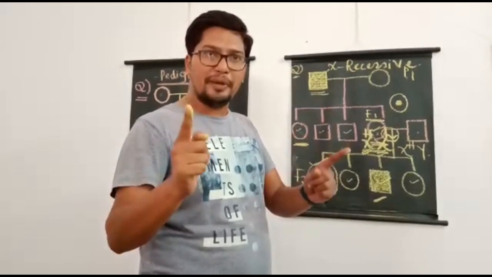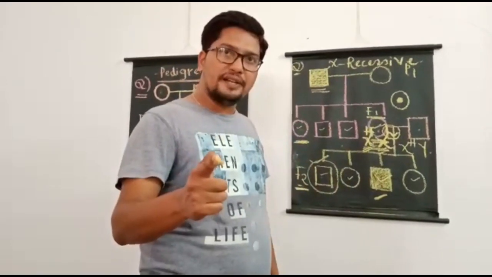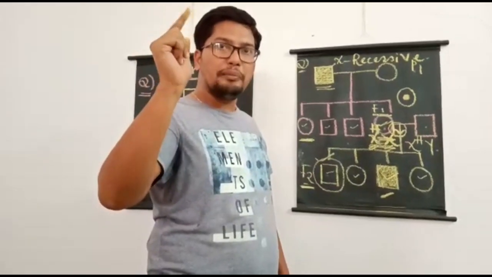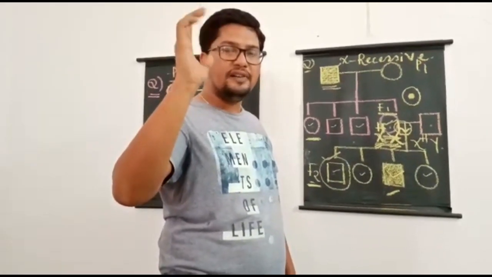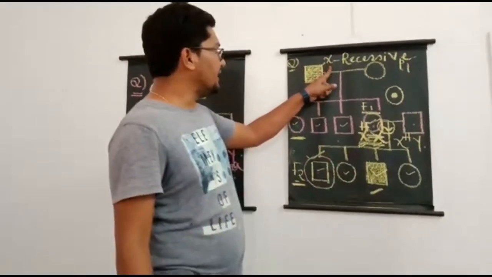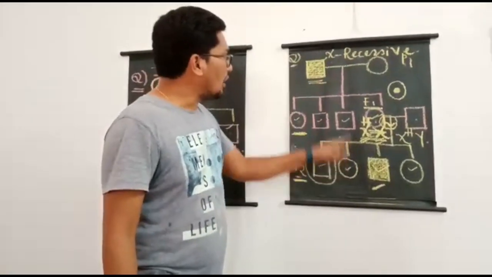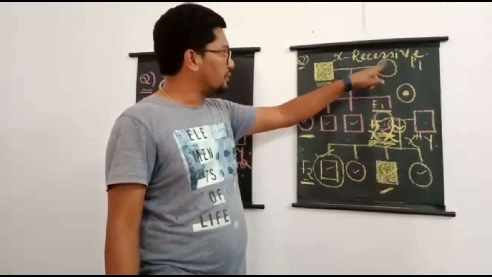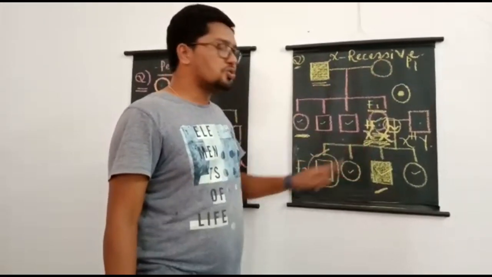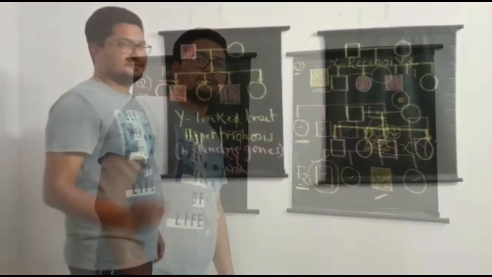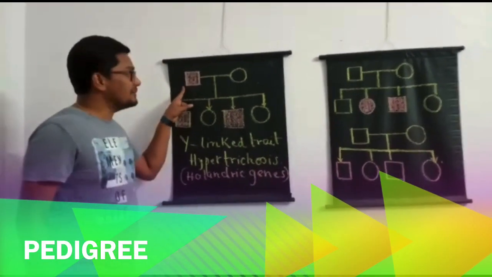Students should always remember, in the human population, for X-linked and Y-linked traits, human males are said to be in which condition? Hemizygous condition. So, I can confidently tell you, this chart always indicates which type of trait? X-linked recessive trait, because the chart clearly shows us which type of inheritance? Crisscross inheritance. Here is another pedigree chart.